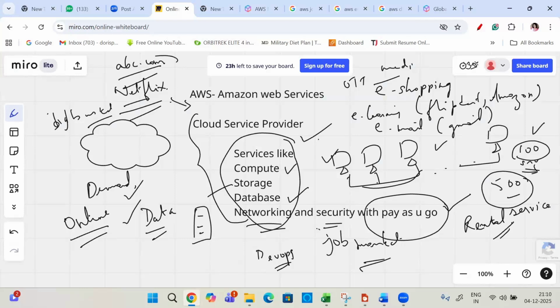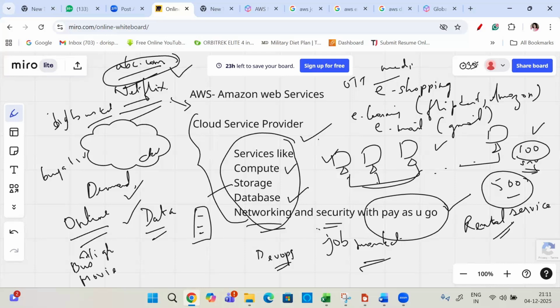If you use any cloud service provider, you can go online immediately. That is, you can go global, so many people will be able to access it. This is the major advantage. Since everything has gone online, whether you want to buy a ticket, like a bus ticket, a movie ticket, or a flight ticket.